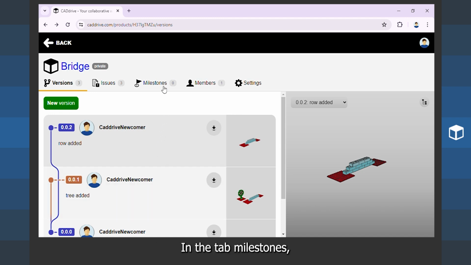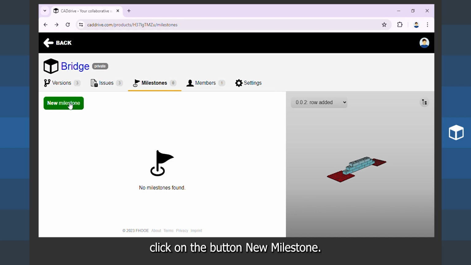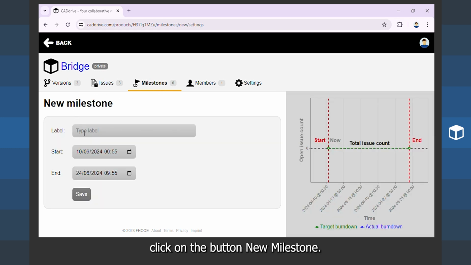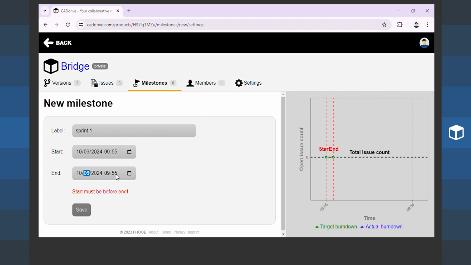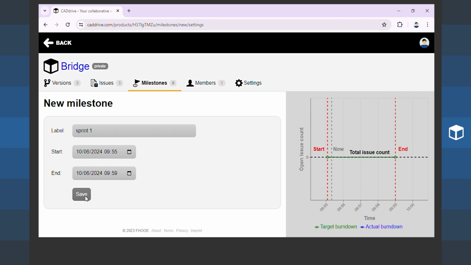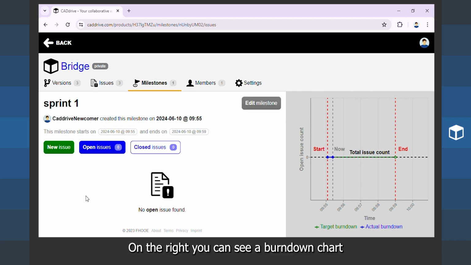In the tab, Milestones, click on the button, New Milestone. Then type a name of the milestone, for example, Sprint 1, and define the start and end dates. Save the changes. On the right, you can see a burn-down chart, which illustrates the time planned for a certain